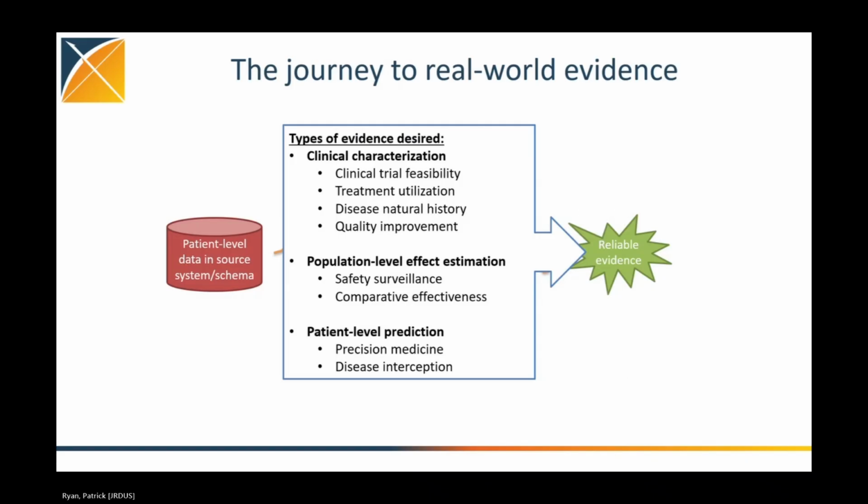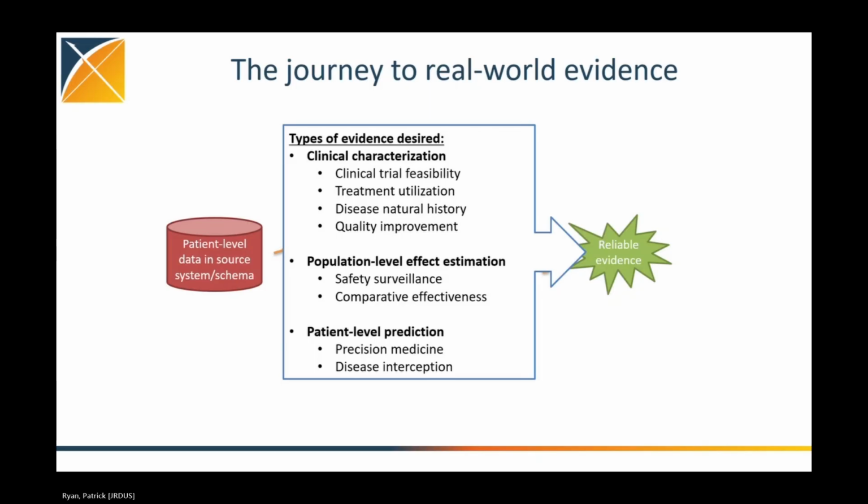Can I predict which patient's going to go on to experience some untoward outcome, with the idea that if I knew which patients were at higher risk, maybe I could come up with some sort of intervention to manage that? This requires application of machine learning algorithms on our observational data. Now it becomes a question both of data quality. You don't have to do causal inference. You're just doing non-causal